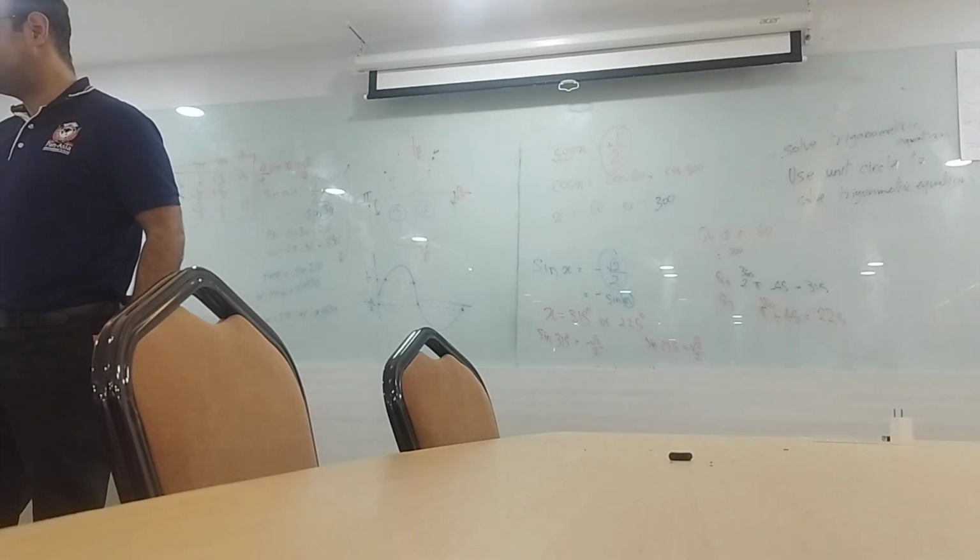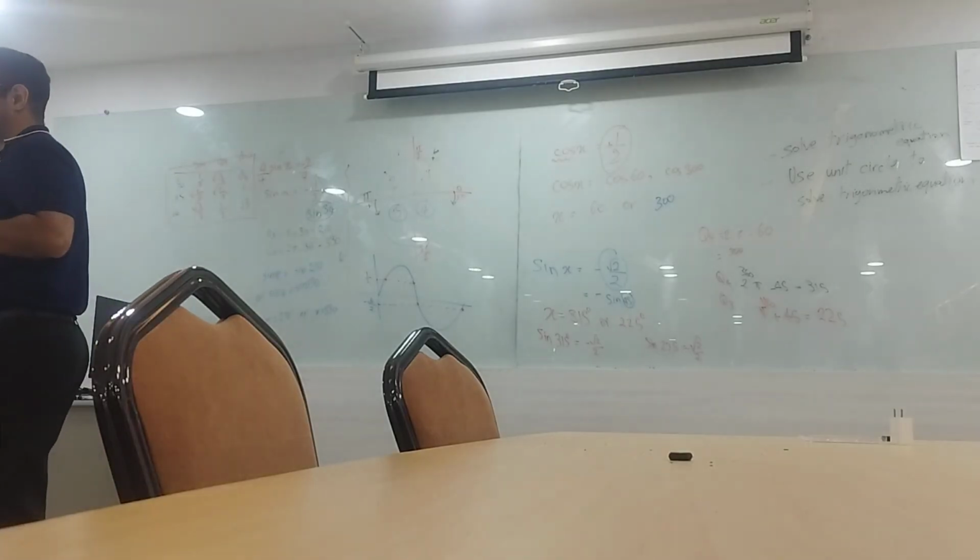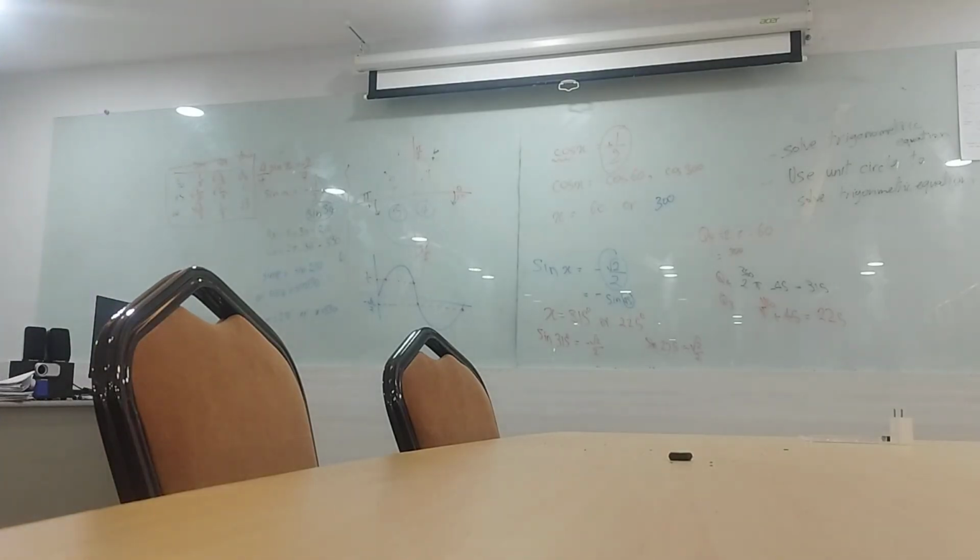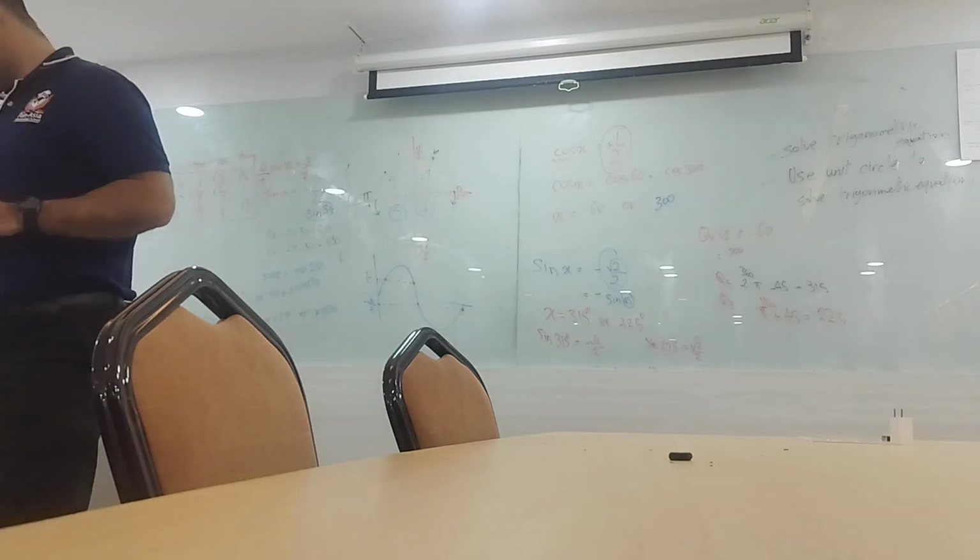And sine is going to be positive in two quadrants, right? Can you go back? I'll put it. One quadrant is correct, yes. 30 and